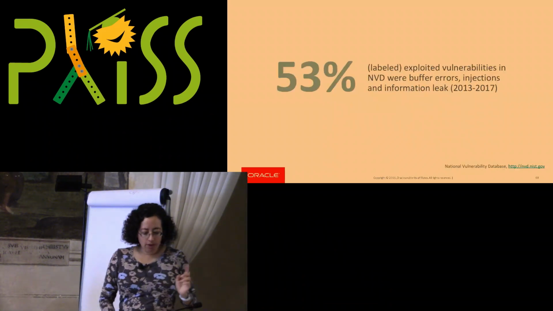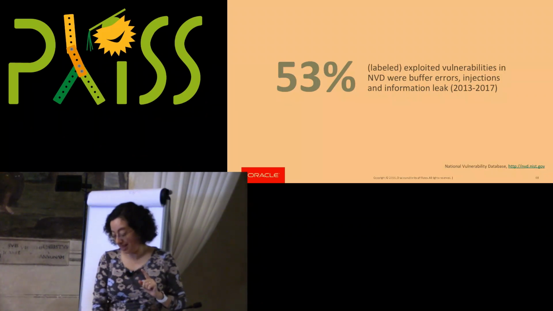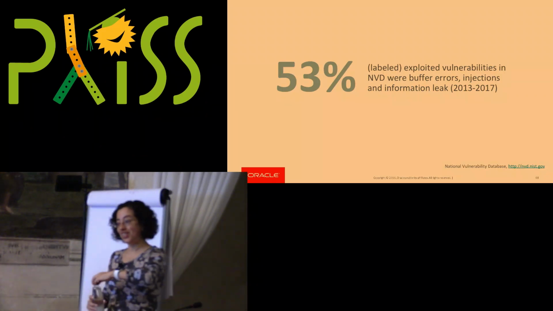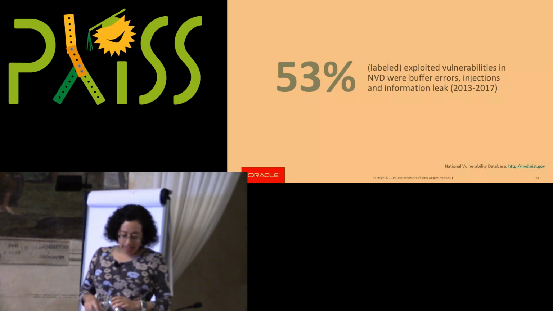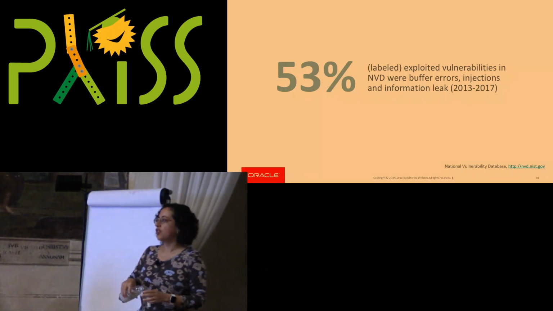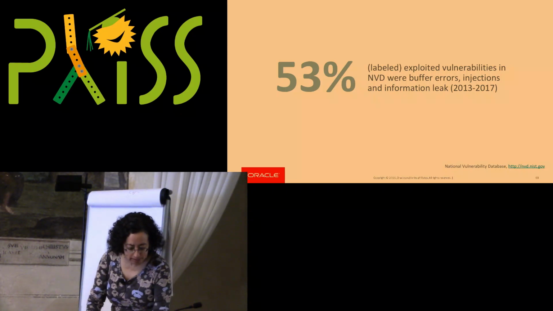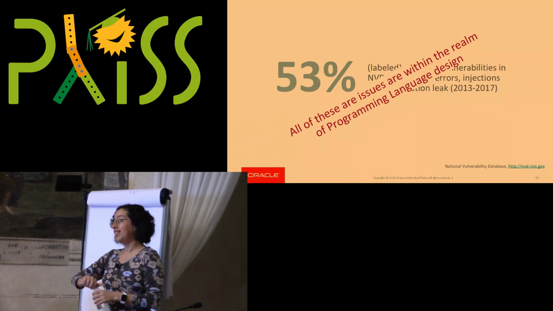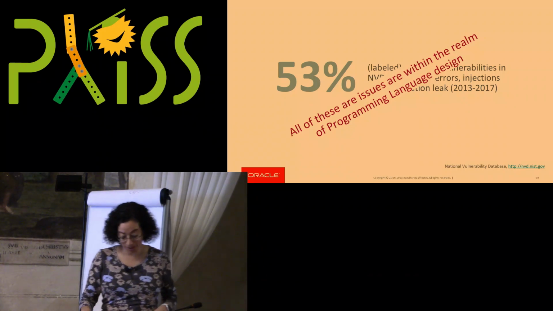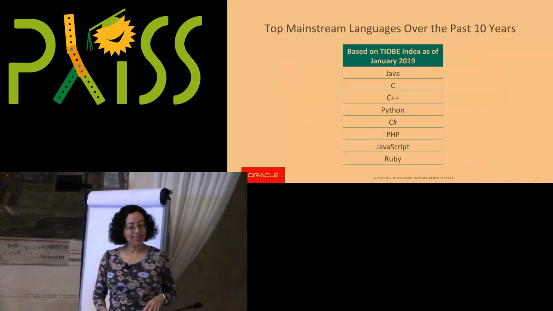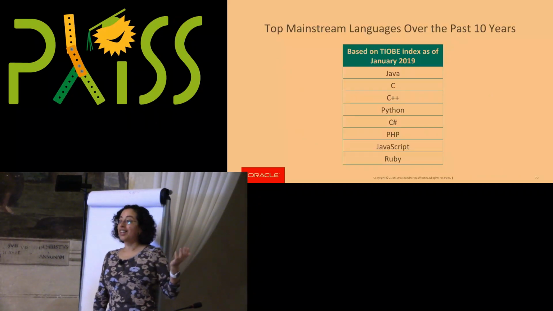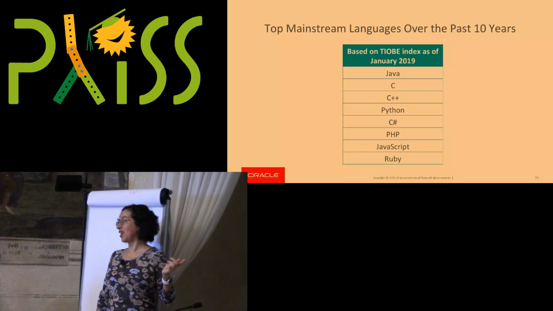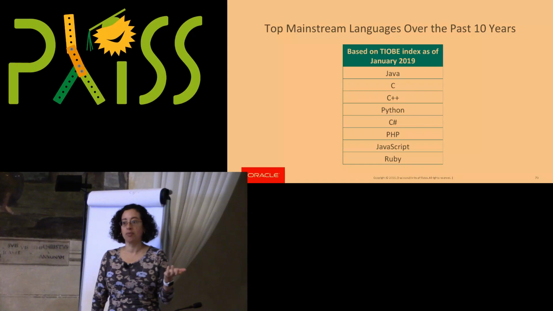With 53% of vulnerabilities over the past 5 recent years in the areas of buffer errors, injection attacks, and information leaks, and knowing that these 3 areas are really in the realm of programming languages and programming language design, and that hardly any of our mainstream languages are using security abstractions, and none of them are actually providing abstractions for all of these common types of vulnerabilities,